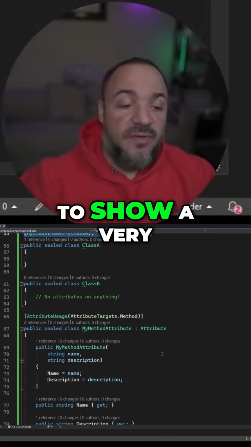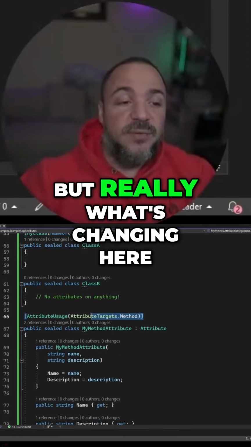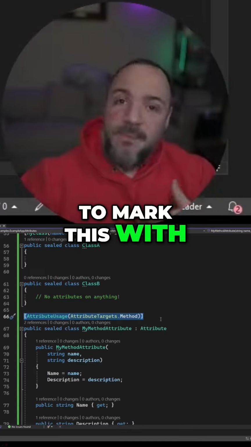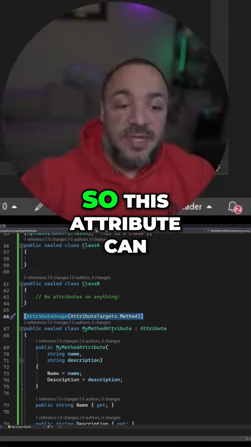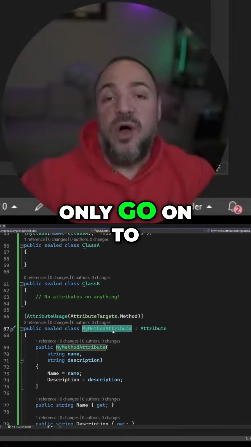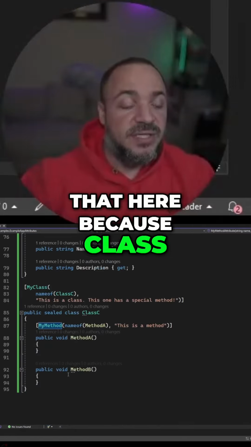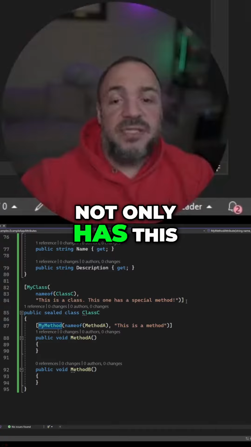And next, I'm going to show a very similar looking attribute, but really what's changing here, aside from the name itself, is that we're going to mark this with method instead of class. So this attribute can only go onto a method and not a class. And we can see that here because class C that I've added not only has this first one that we looked at, my class,